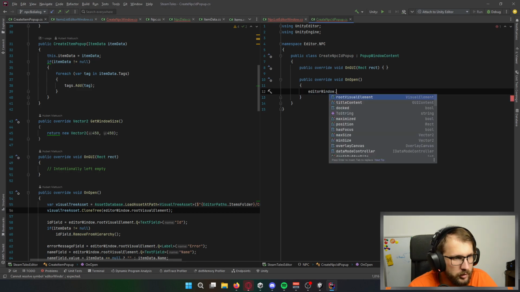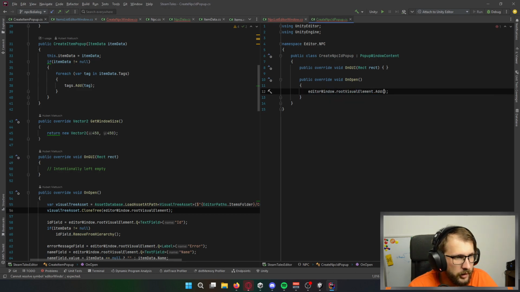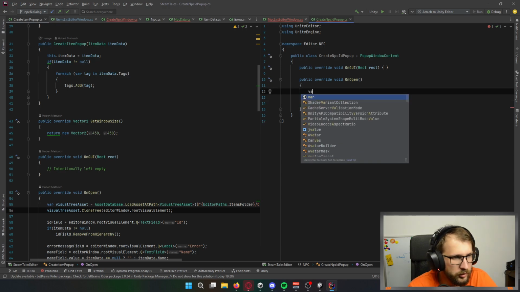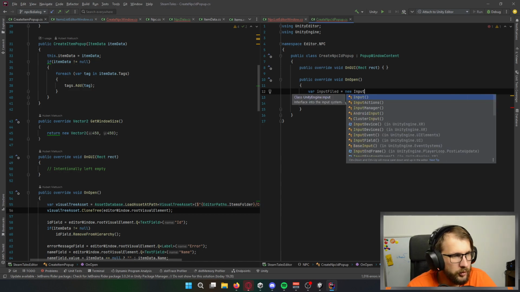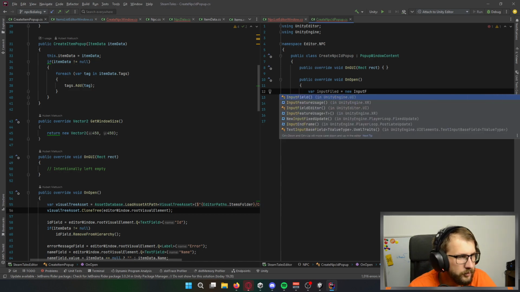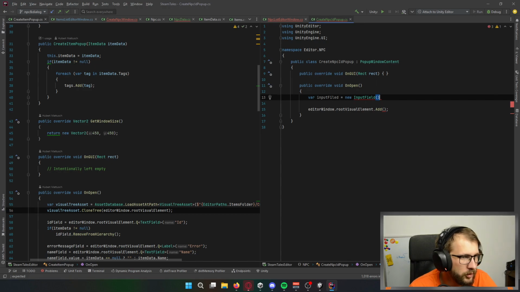Editor window. Add. And here I want to create an input field, a new input field from Unity Engine UI. Sure. And what's inside this field?